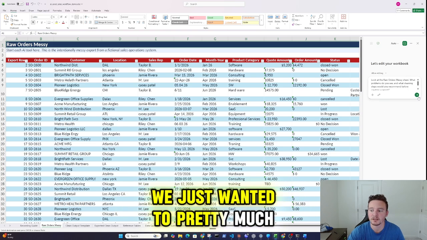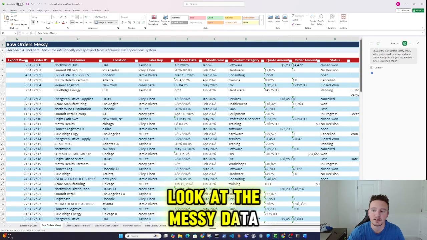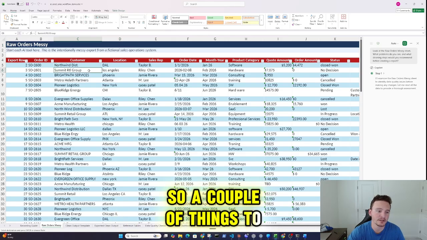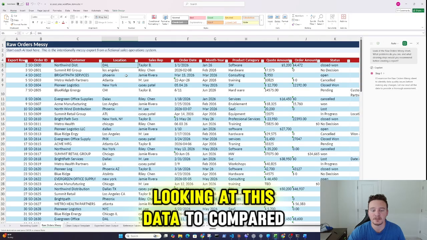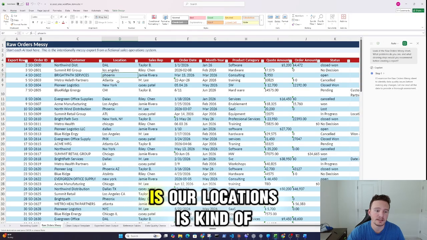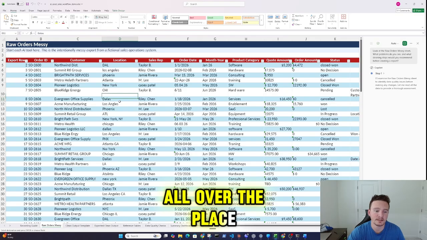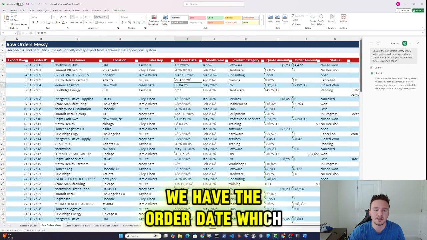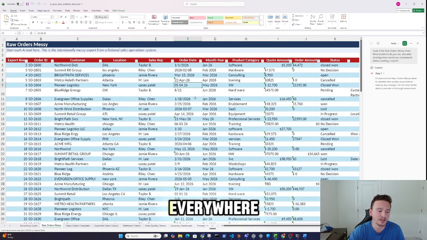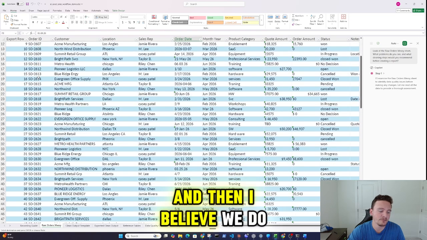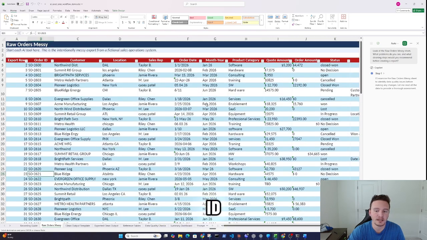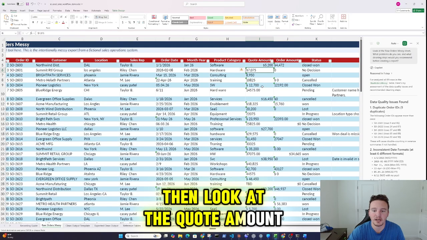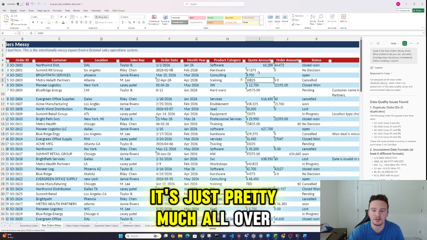We just wanted to pretty much look at the messy data and see what problems it actually sees. So a couple of things to know looking at this data to compare it to what it actually gives us is our locations is kind of all over the place. Some are misspelled. The sales reps. We have the order date, which again, all the formatting is pretty much everywhere. And then I believe we do have some duplicates in the order ID that you'll have to look for. And then looking at the quote amount, again, it's just pretty much all over the place,